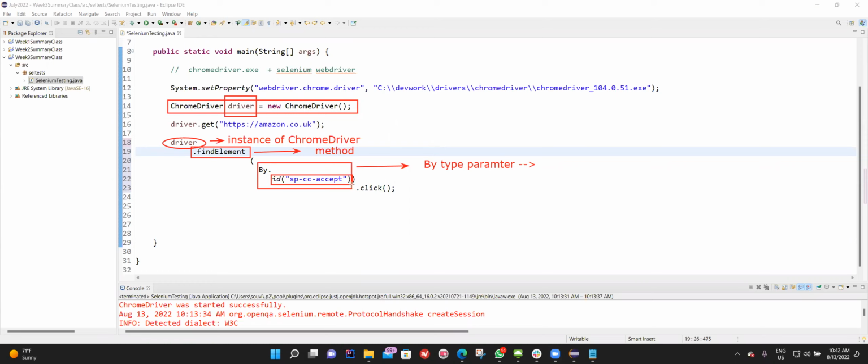I can very well access the ID method with the by class directly, by dot ID. I'm not creating the object of by to call ID method. Which is why I'm saying by is a static class,